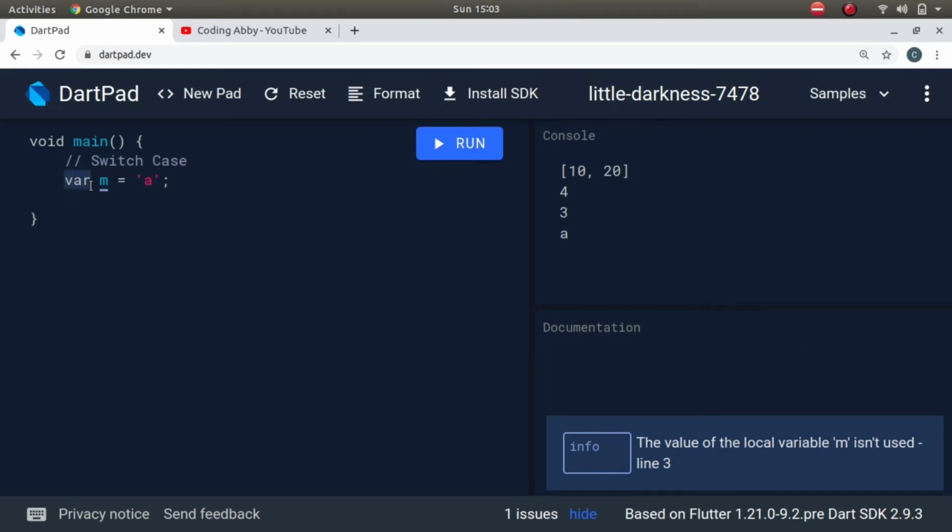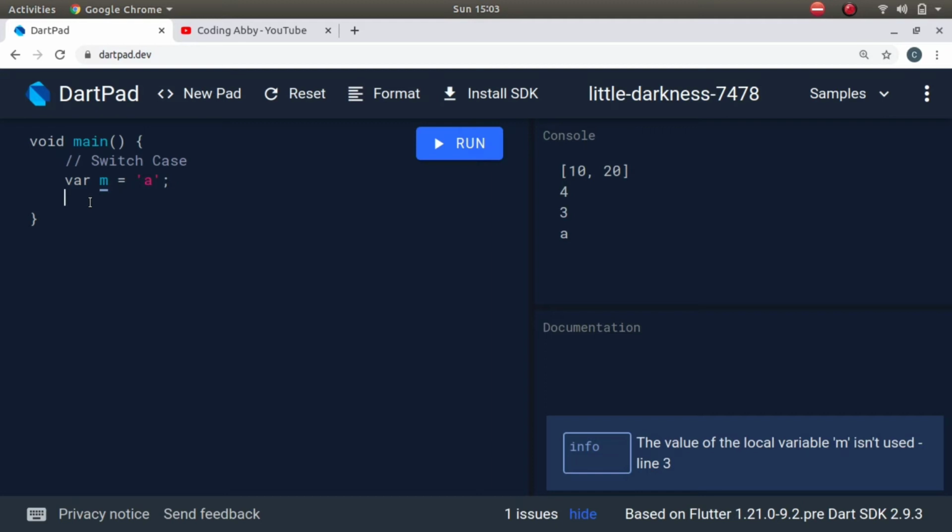This where keyword makes our work easier, and it recognizes the data type of m on its own. So we don't have to explicitly write int or string. This where keyword represents whatever data type the variable is holding. Okay, this is something new.